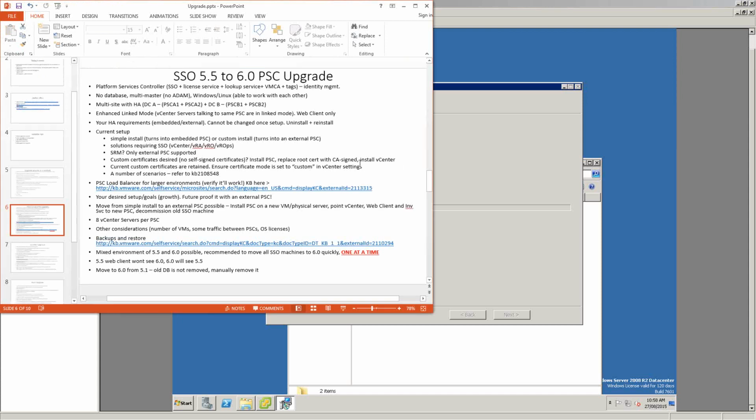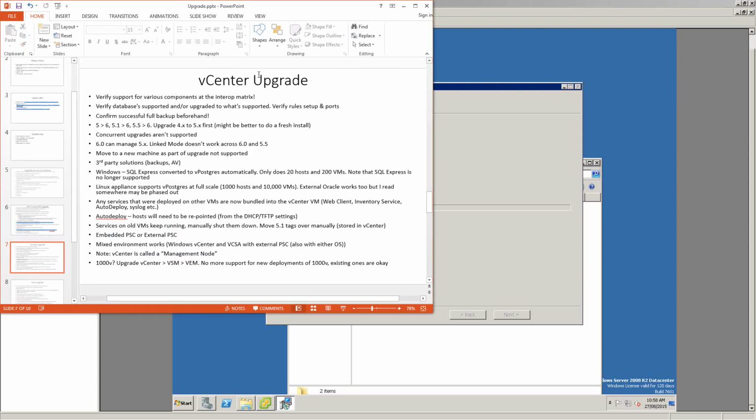I'm not going to hold you guys up forever. We talk about the vCenter upgrade in the meantime. Like I said before, the interoperability matrices and the compatibility matrices are your point of reference. Whatever you do, make sure all your components are supported in there. Make sure your database is supported, and make sure what you're upgrading to is also supported. Make sure all your rules are set up. Large environments may have database servers sitting in a different part of the setup, and just make sure that all your ports are open. Once again, successful backups, can't stress this enough.